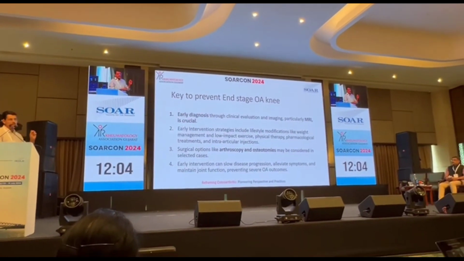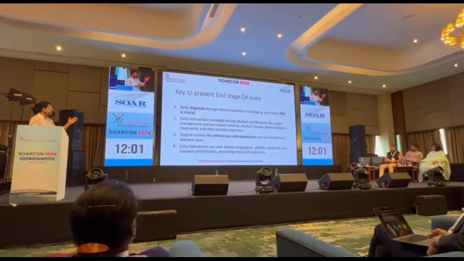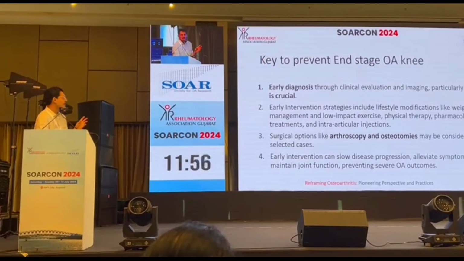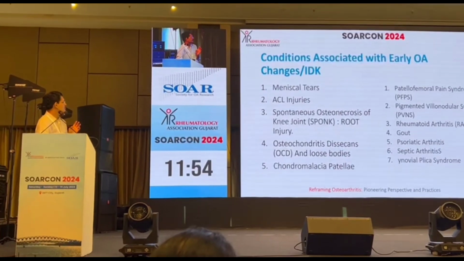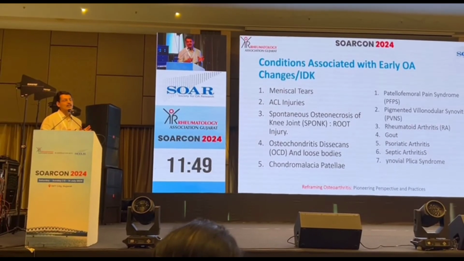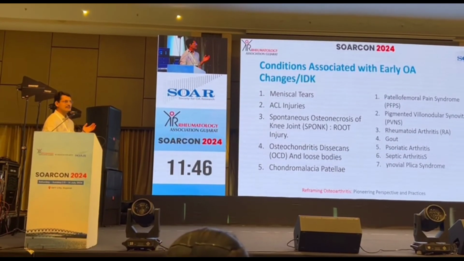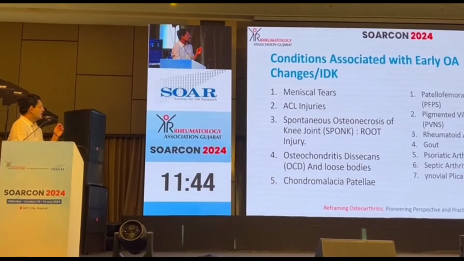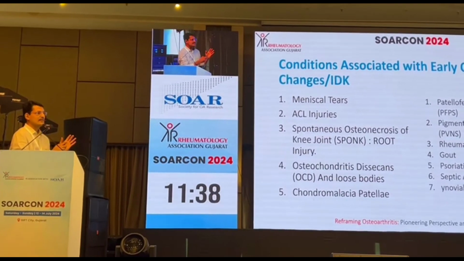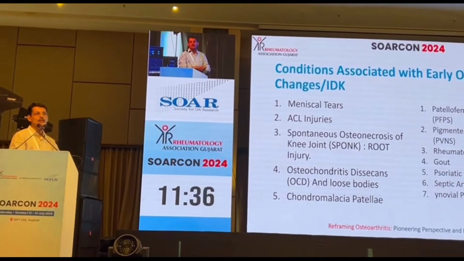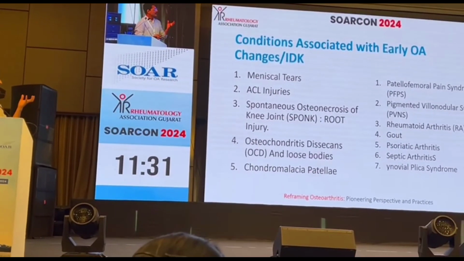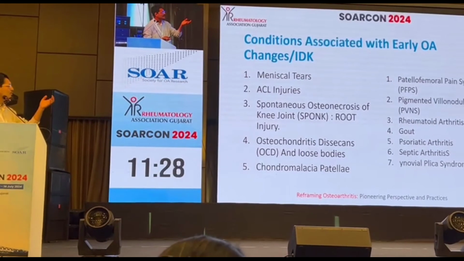So you can go with other lifestyle modifications, other therapies, but I would be focusing my role of arthroscopy and osteotomy in this particular subset. So the most important internal derangements of the knee which you will be coming across are meniscus injuries, ligament injuries, spontaneous osteonecrosis of the knee joint, that is called a SPONK, and now we have realized that this is most commonly due to a root injury sequela. You can have osteochondritis dissecans, chondromalacia of patella, and then you can have rare things like patellofemoral pain syndromes, PVNS,